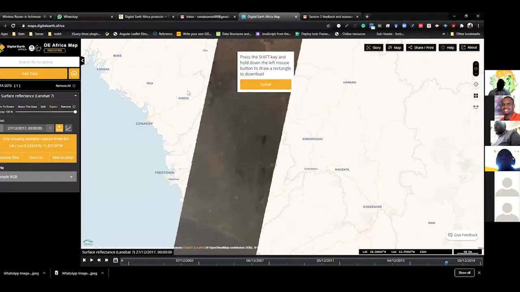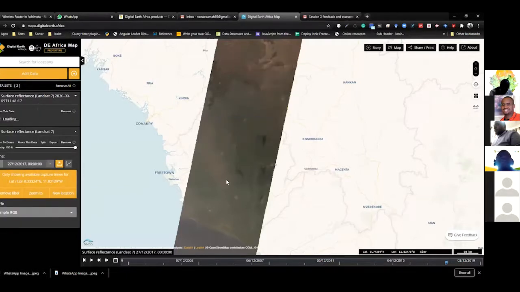Yes. So you press the shift key and hold the mouse to draw a rectangle to download. When you click on the shift button, then you draw this side. Then on the left side, you see that it's loading. After that, you'll be able to download the data once the loading is done. Okay.